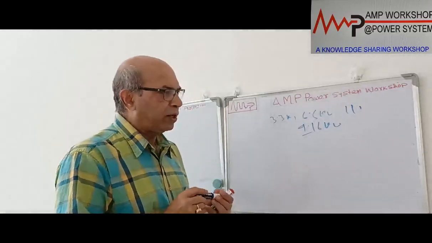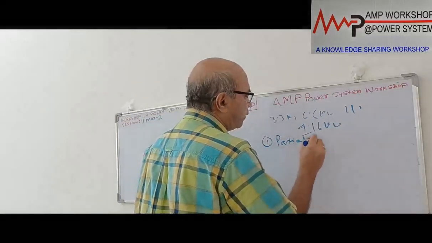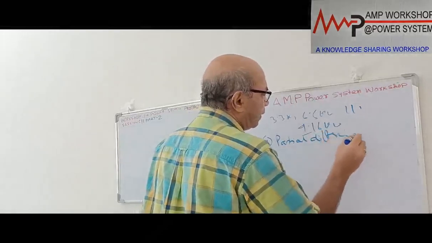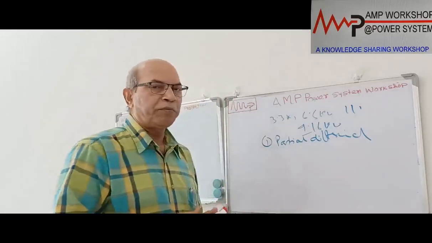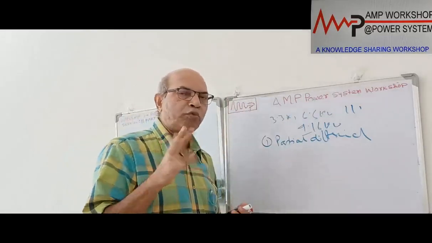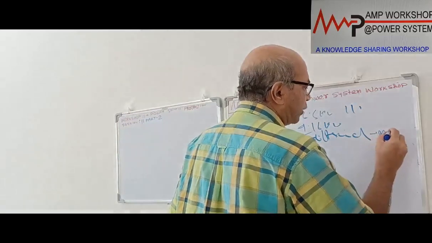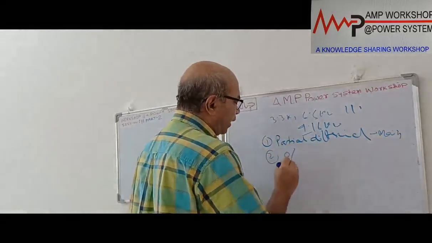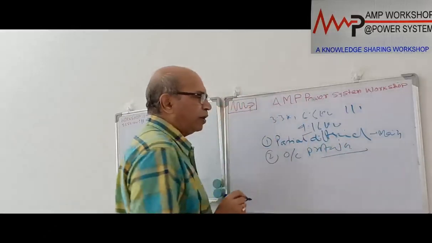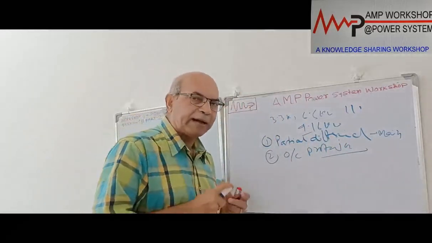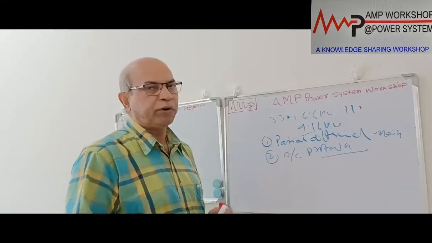In that case we provide a partial differential scheme. So this will be the main protection for the bus bar, the partial differential scheme. But there is a logic: when we put a partial differential scheme for this medium voltage switchgear, we have to back up this partial differential scheme. That means there will be two protections for the bus bar. This partial differential scheme will act as the main protection, and then there will be backup protection, the overcurrent protection which we discussed before for LV switchgear. What protection we have provided for the LV switchgear will be provided as a backup protection or second bus bar protection. But partial differential will act as the main protection for the bus bar.